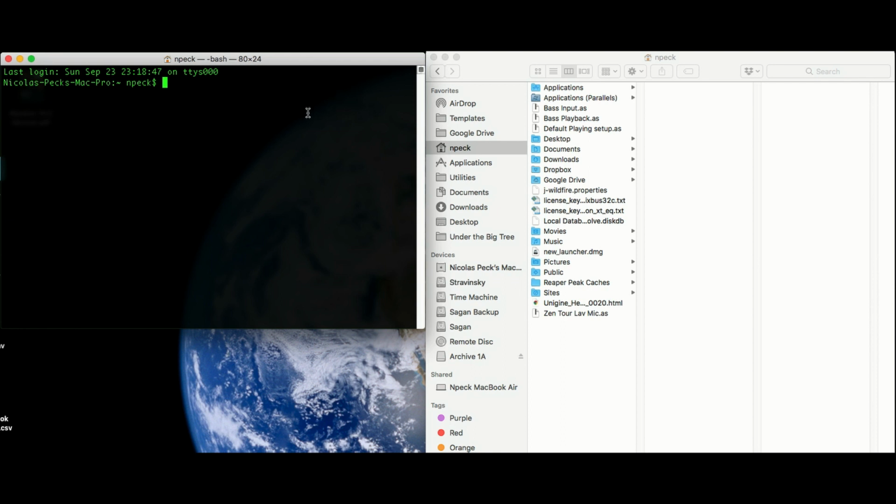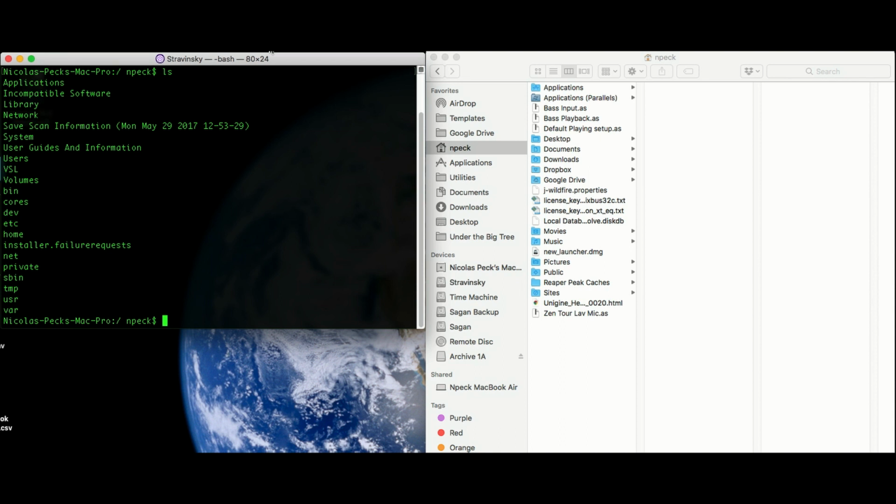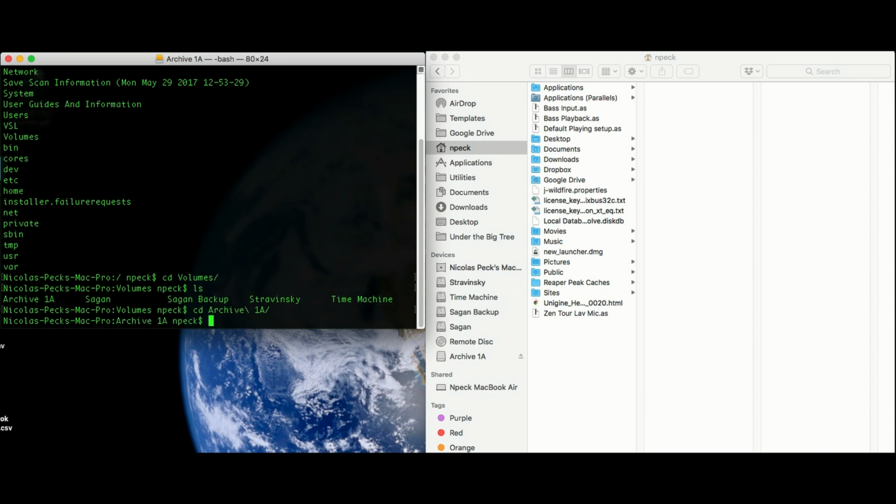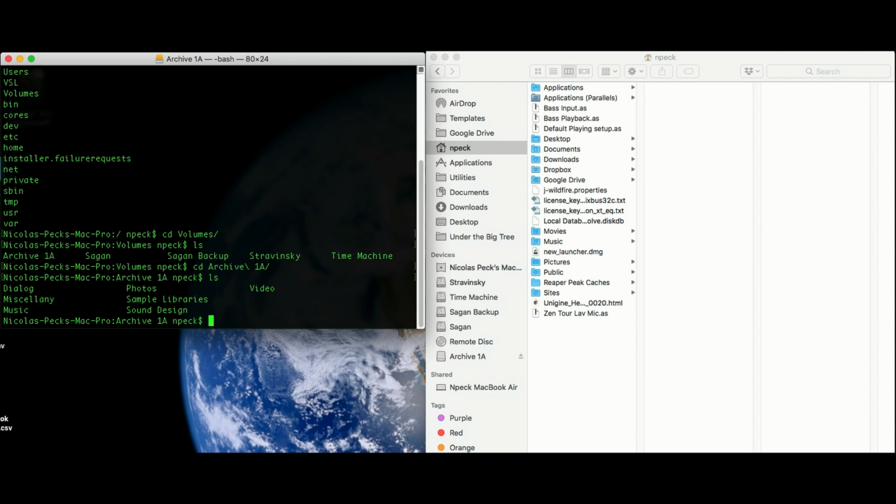So I'm going to the terminal and see where I am. Print working directory. I'm out there in my home directory. For those of you who know a little bit of Unix, I'm just going to go all the way out to the root of the computer, and see what directories are available there. I'm going to go to volumes, so cd volumes, and then see all of the volumes that are on here, and we can see that there's archive1a right there, so I don't have to type the whole thing. I can just type something like cd ar, and then hit the tab button, and it'll take me right there. I'm going to look at the directory and say, yep,